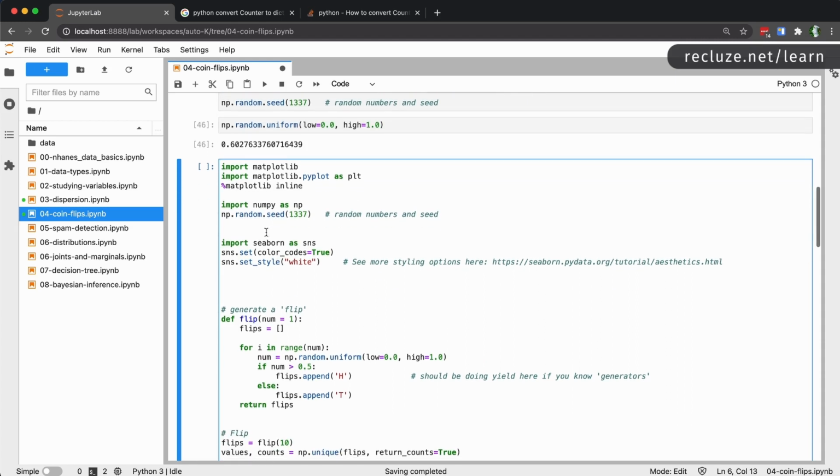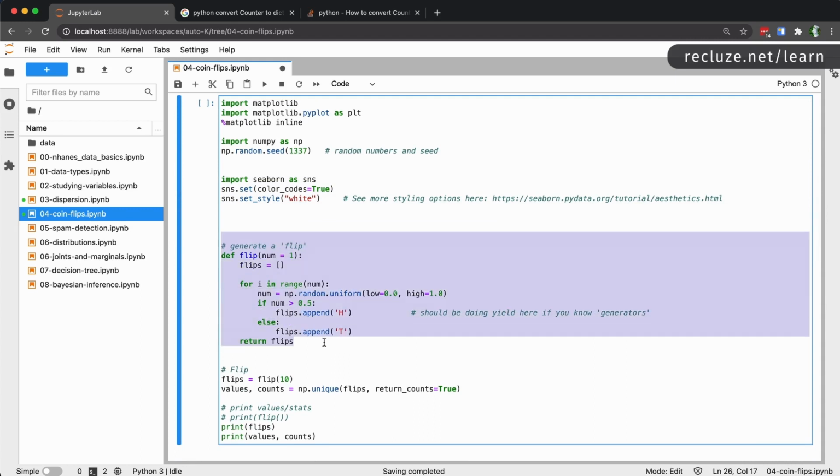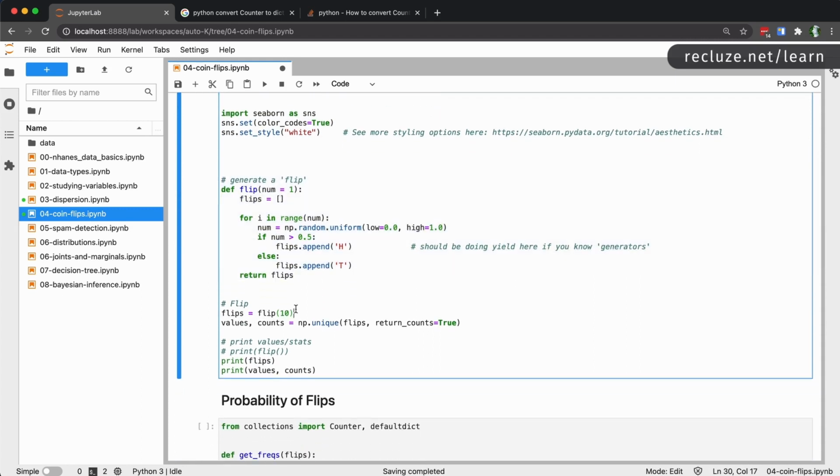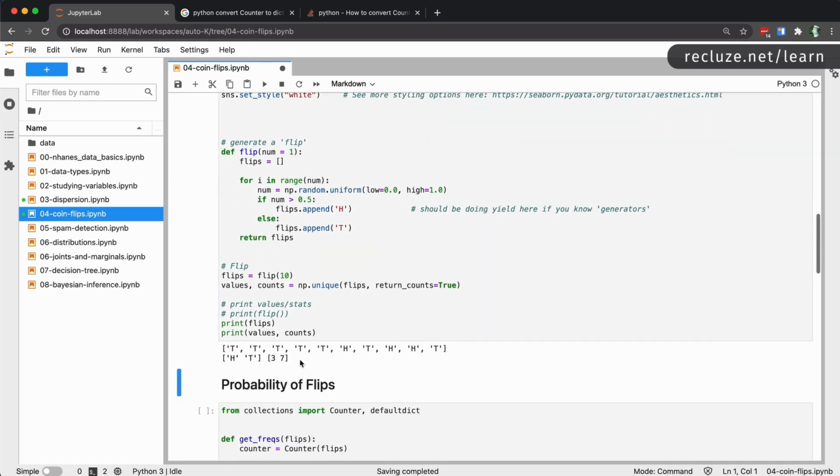Okay, so this is again the same code that we've done above. We've only brought all of that into one cell. We have flips, and we have values and counts. So we are outputting this value over here. Now what we want to do is scale this up really far. So instead of calculating 3 and 7, we want to calculate the probability of heads coming up based on the experiment that we've run. We've done 10 flips. The probability over here is 0.3 for heads and 0.7 for tails.